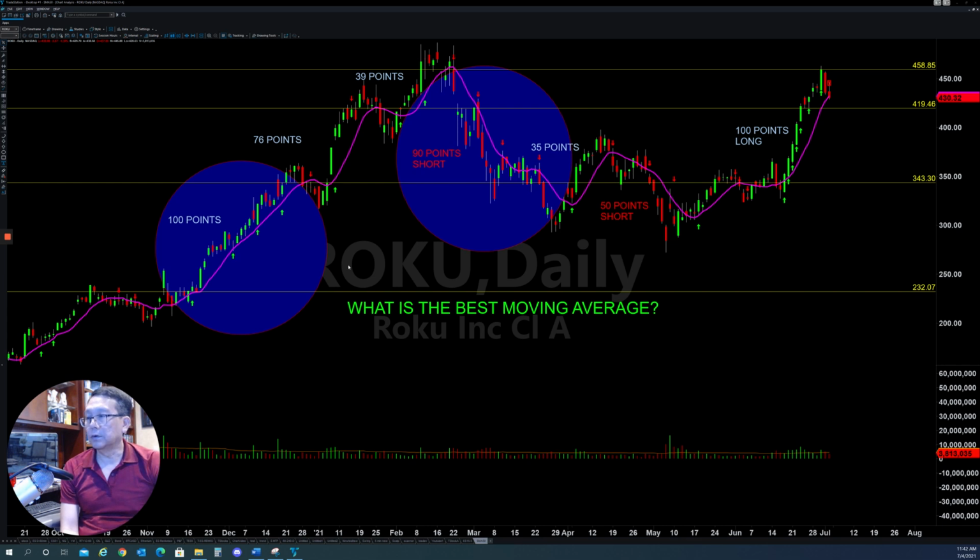If you look at the stock Roku, for example, you can see the pink line here, that's the 50-day moving average. When the price is above the 50-day moving average, the price continues to push to the upside, and you can see it very well here. When the price goes above the 50-day moving average, you can take a long trade here, and it moves back up. Then when it drops below the 50-day, you get out, and you make 100 points from here,